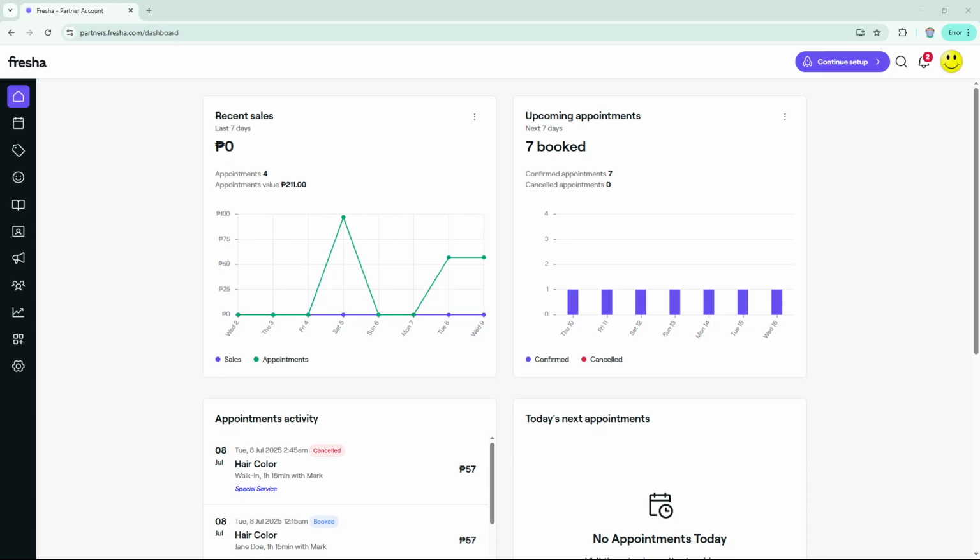First, let's log into your Fresha dashboard. This is your main control center, where you can manage all your business operations from one coherent place. Once you're in, take a look at the left-hand side of your screen. There, you'll notice a gear icon. Clicking this icon will take you straight to the settings, which is where we need to be to make any